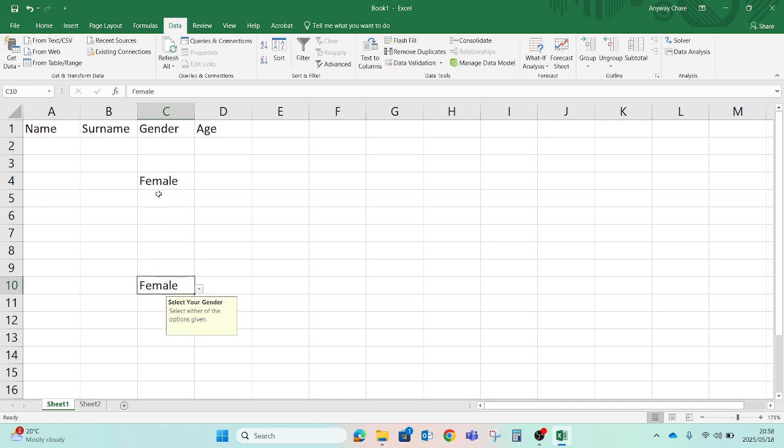So that's how you can validate this cell based on a list. Then here, suppose you just want your users to enter the age of a person, and you want to restrict them to entering only whole numbers. What do we do? We select the range of cells to validate, just like we did with